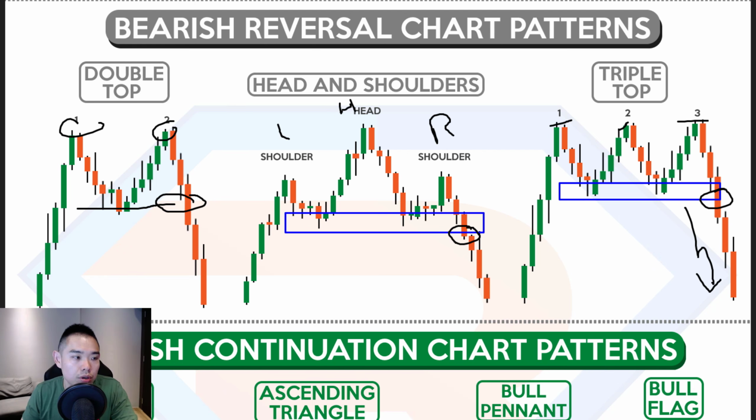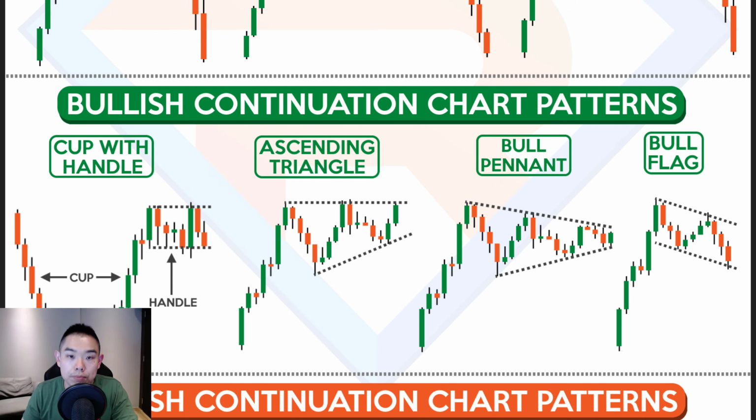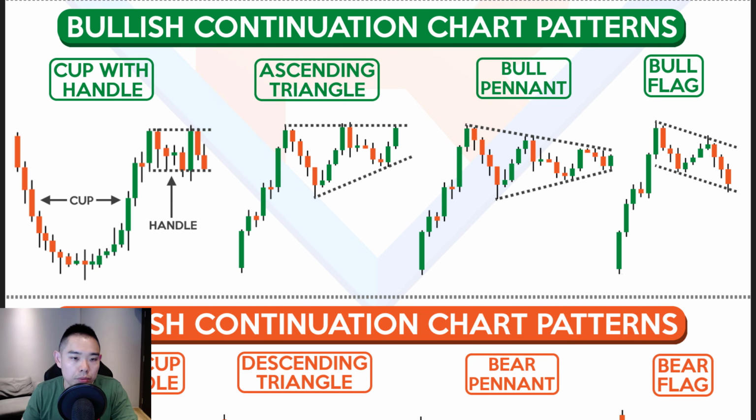possibly head down lower. Then moving on, we talk about the bullish continuation chart patterns. We talk about things like the cup and handle pattern. You can see the cup and handle, usually the pullback duration is slightly longer. Then we have this consolidation here, otherwise known as the handle. And if the price breaks out of these highs, the market could possibly continue higher. Then we have this ascending triangle pattern where we have a series of higher lows. Let's say it makes another higher low into resistance. If the price breaks above resistance, we say that the ascending triangle pattern is completed and could possibly head